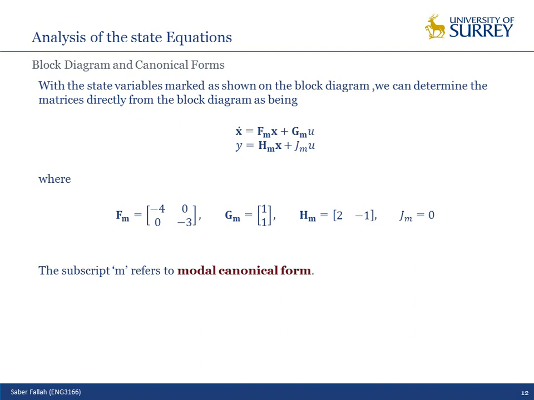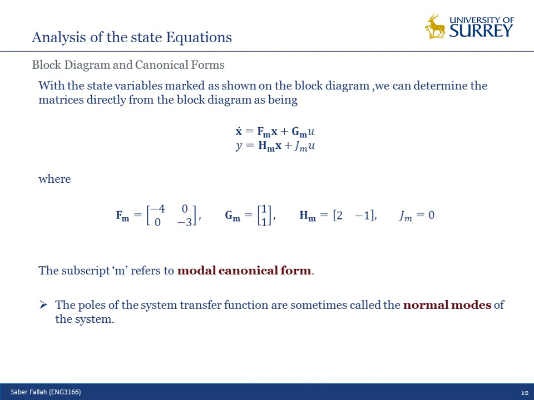Okay? It is a diagonal matrix whose elements on the diagonal are the poles of the system. Gm is the unit vector, and hm are the coefficients of each fraction. What's the problem with this approach? If you have complex conjugate poles, it's not easy to represent them on the diagonal of the matrix. There are some other ways, but it's beyond this module. I just want to give you